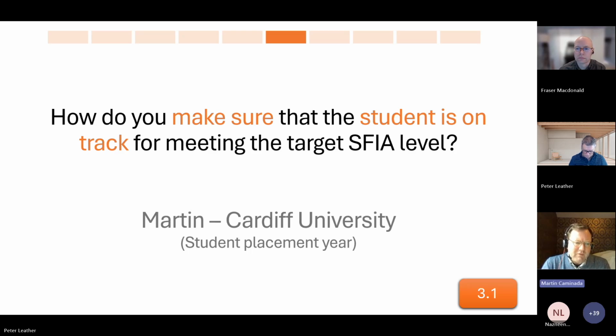Then we have the third visit, probably March or April. I think more March, and that is where we can again have a look at where the student is regarding any missing SFIA criteria, even though the main point of the third meeting is to give feedback on the draft report. We allow students to do a tryout of the placement report, which is called the draft report. So they submit that just after the second visit,